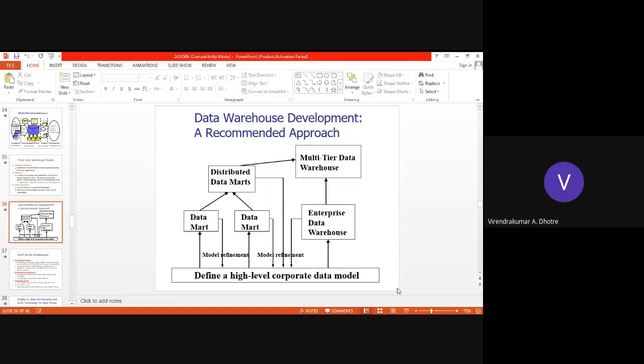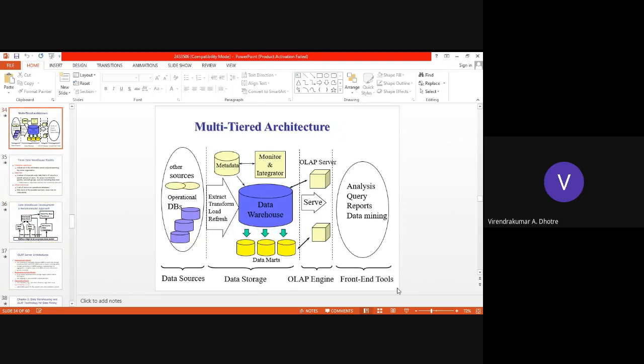The data sources are regarding the operational databases of the specific enterprise. The metadata is monitored and integrated for the specific enterprise. The operational sources of data will be extracted, transformed, and loaded into the data warehouse, and from these we can make specific related data storage, and that is a data mart.